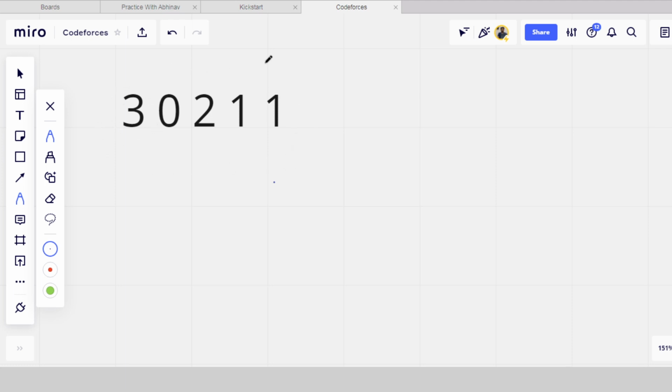The sum of the total array here is 3 plus 2 is 5, plus 0, plus 1 is 6, plus 1 is 7. So it is 7. Basically we have to find subsequences whose sum is 6, meaning 7 minus 1. It can be 3 0 2 1, using this one. For example, it can be 3 0 2 1, but this time with the one at the last index.